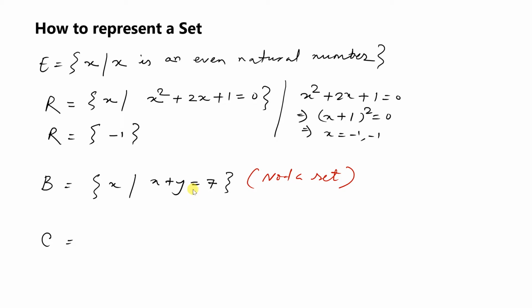Same thing if I write it down, x is equal to 7 minus y is equal to 7 minus x, same equation. Set up all x's such that... so instead of x you can use another thing, y, as well. Set up all y such that y is a brilliant